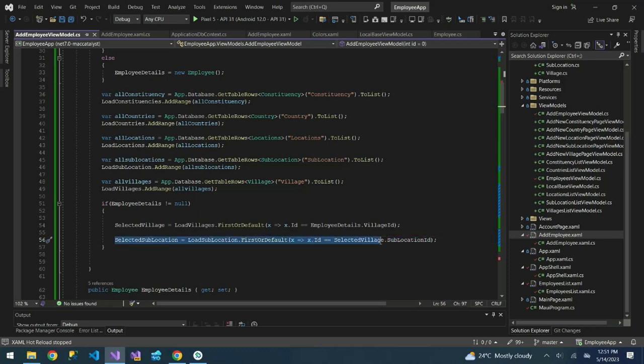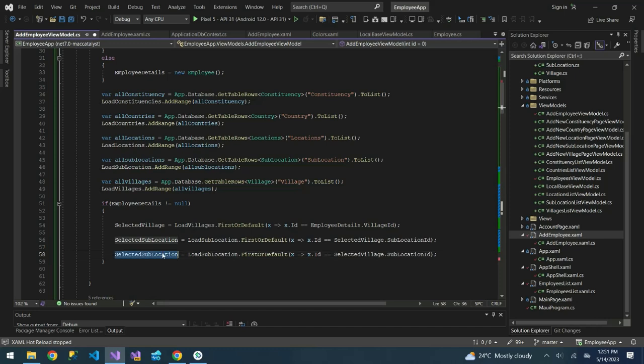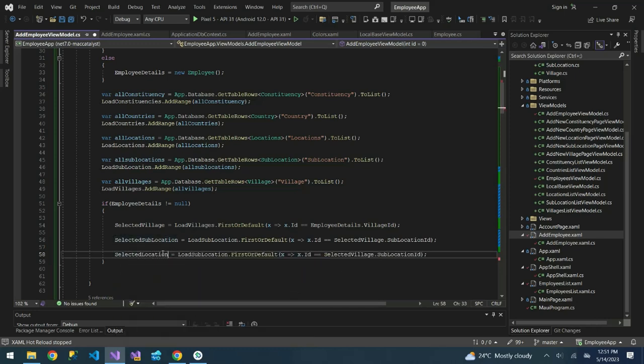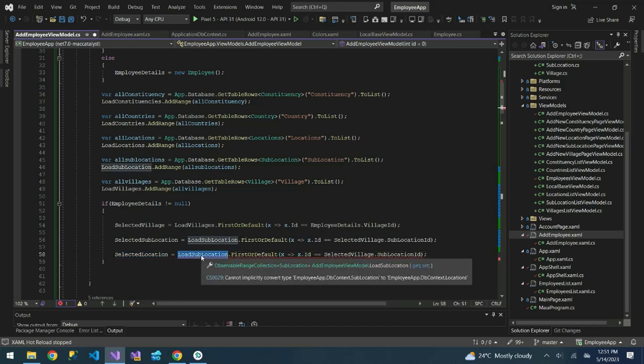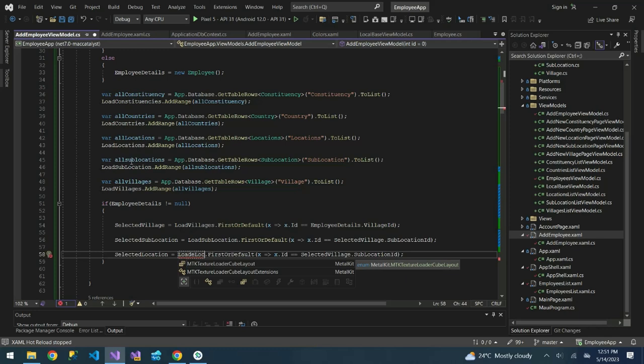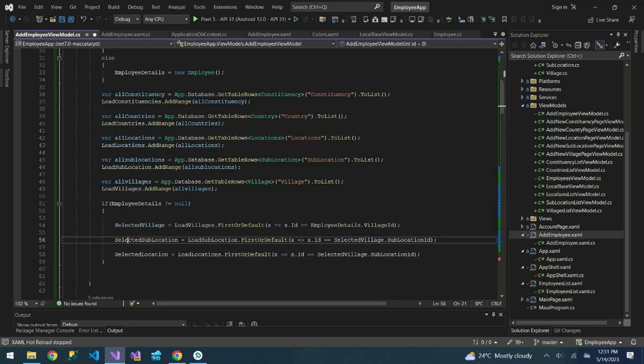So we get also another one for our location. So we'll say selected location is equals to loaded locations. So we just copy them here. So these are locations. Then we say ID is equals to selected sublocation dot location ID. So we should also be getting the